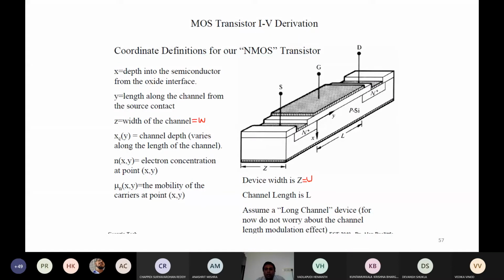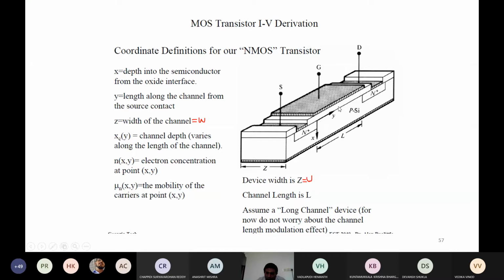So this is the situation where in the saturation region no more current is increasing, and we will consider all the practical situations: xc is the depth of the channel, which is a function of y, and also the electron concentration in the channel. It is an n channel, an n type channel, so there will be electrons forming the channel, and we consider the electron concentration at any coordinate x, y. Also mobility is not constant, because mobility in the bulk is higher, and mobility near the oxide and semiconductor interface is lesser due to interface scattering and other effects.